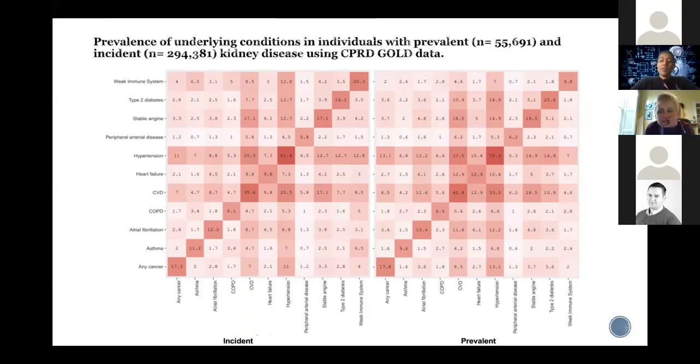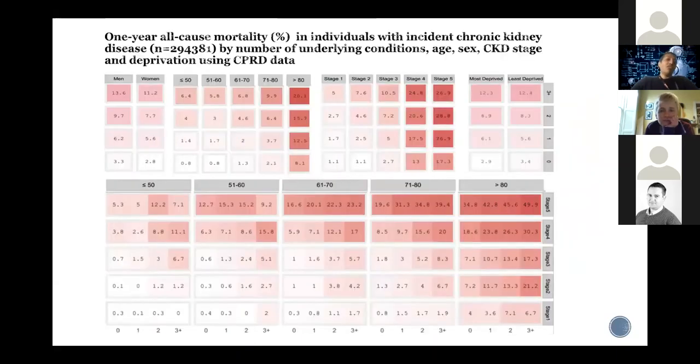Using this information, we've estimated the baseline risk of mortality by key demographic risk factors, and we found that number of comorbidities, age group, and stage of CKD together impact the baseline risk of mortality for CKD patients, and consequently their vulnerability to an infectious disease,